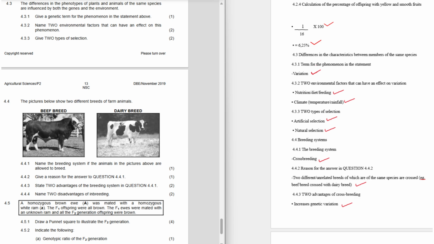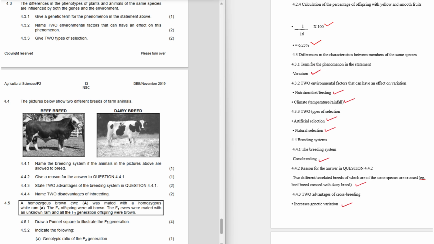The advantage is that it increases genetic variation in the herd, meaning the animals will be different. The herd will have different kinds of breeds, which is amazing. Point number two: